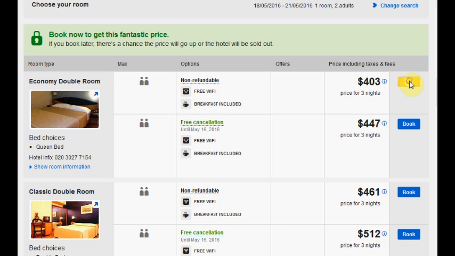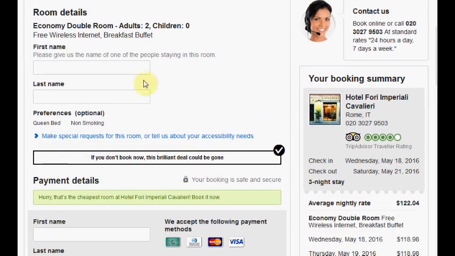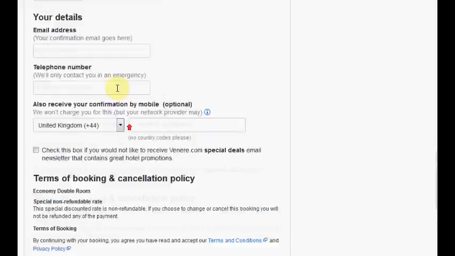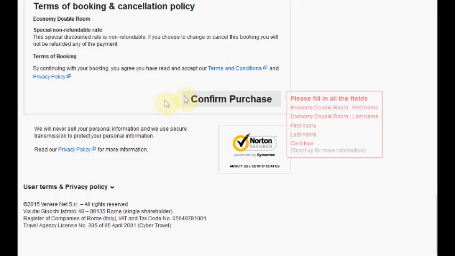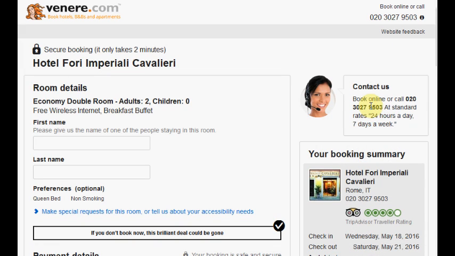I click on book, and it's going to take me to the standard page that all hotel booking companies have, where you put your name, address, credit card information, and all that stuff. And then after you're done, you just go down and click confirm. Then what happens is you'll get a confirmation letter from the hotel and from Veneer. And once you get that, you'll also get their particular website address, and you'll also get their